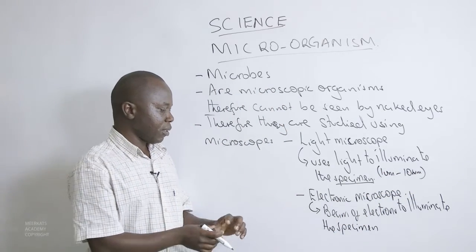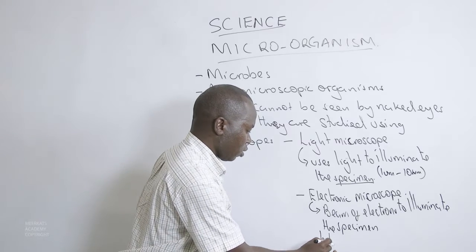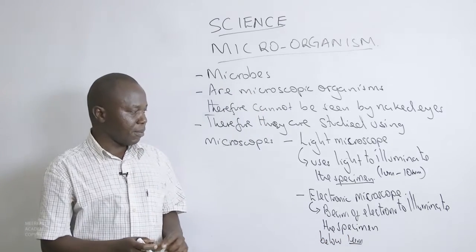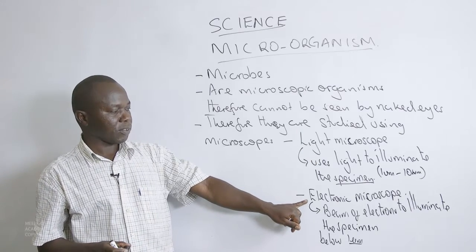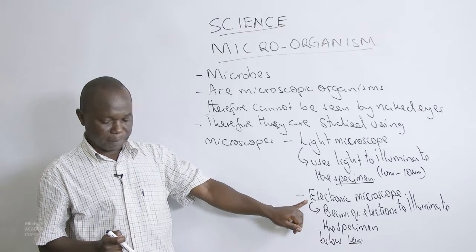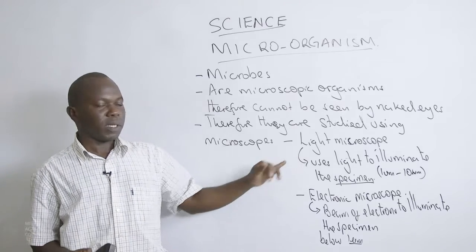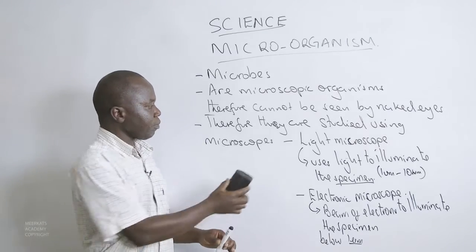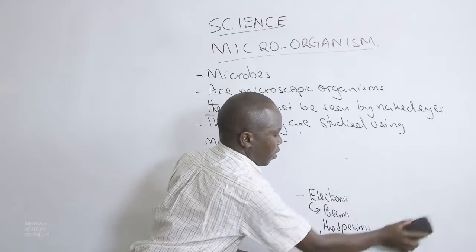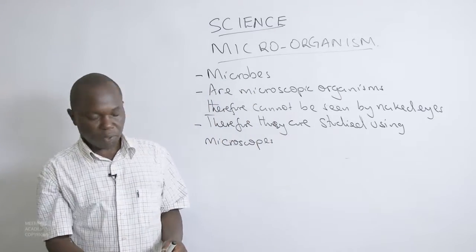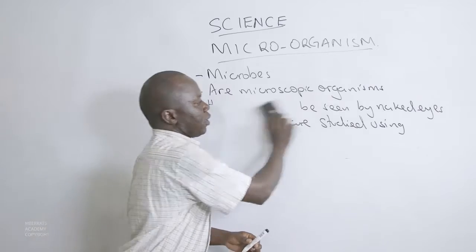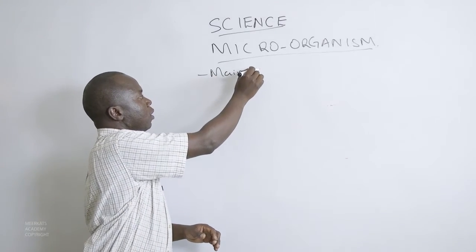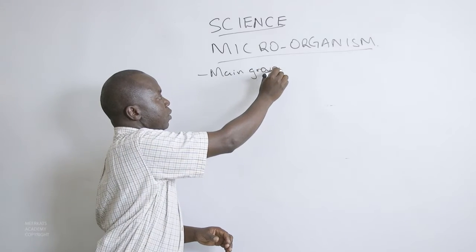Below 1 micrometer, it becomes very difficult for light, therefore the electronic microscope comes in. But we don't want to dwell on the light and electronic microscope. Our main subject is microorganisms. The main groups of microbes